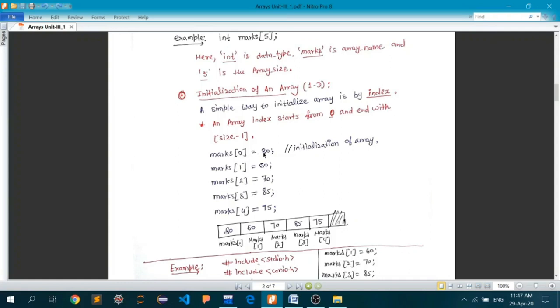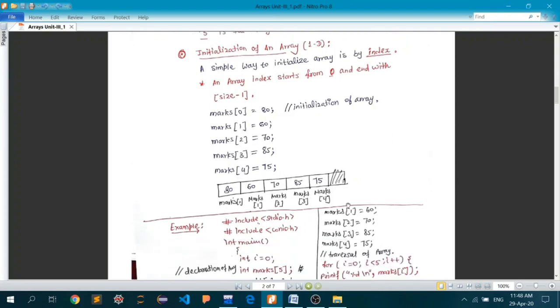Now this integer value 80 is at the first location, or first index, of the marks array. At index number 1 the value is 60, at index number 2 the value is 70, at index number 3 the value is 85, at index number 4 the value is 75.